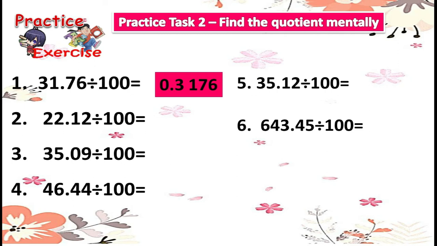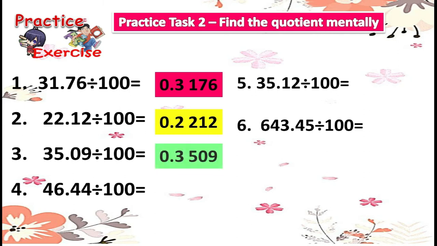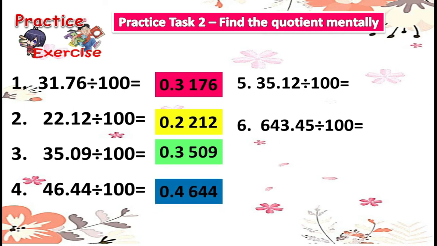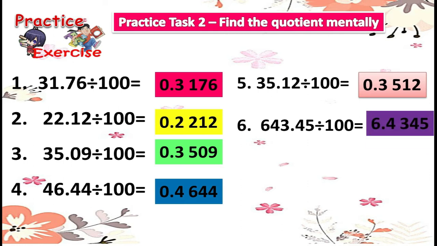3,176 10,000s. For number 2, 2,212 10,000s. For number 3, 3,509 10,000s. Number 4, 4,644 10,000s. Number 5, 3,512 10,000s. And for number 6,